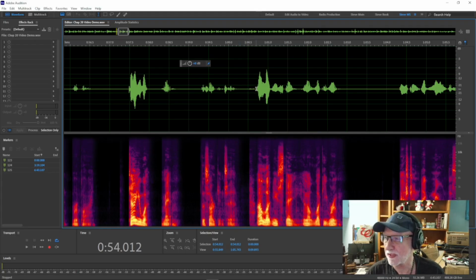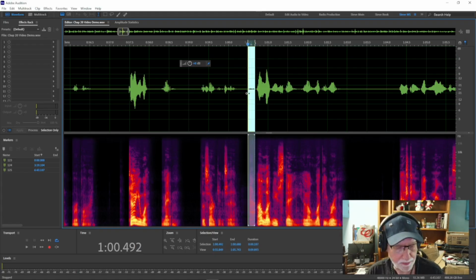Anyway, if I were to want to take that out, and since this is a test file, I could just go in here, I could highlight that, and I have a macro set up for heal, but the tool is called auto heal, and I just hit heal, and boom, there,